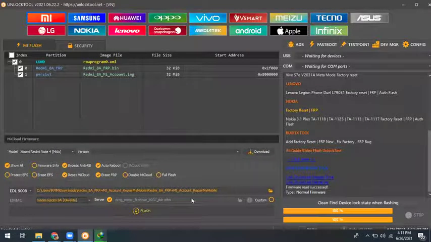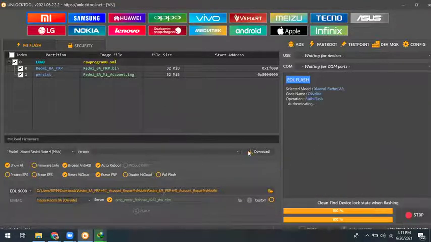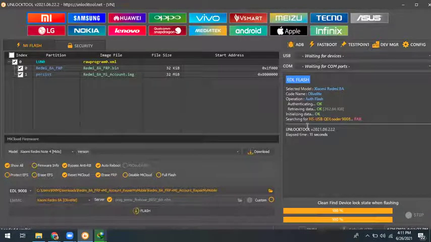Okay, and what do you need while clicking flash? Because it's a Qualcomm, you first need to connect your phone to the PC. After that you can flash your phone. While you have clicked the flash tab, it will get a result and retrieve the data. And after searching for the Qualcomm port, if it has one, it will go further; otherwise it will stop on searching for the loader port.